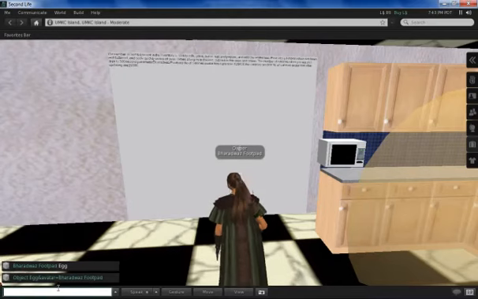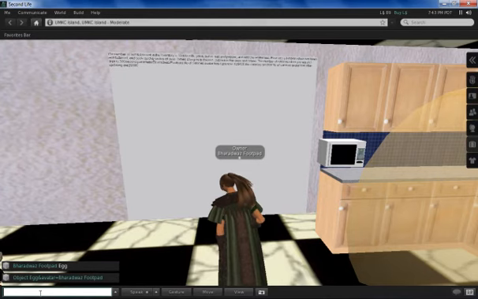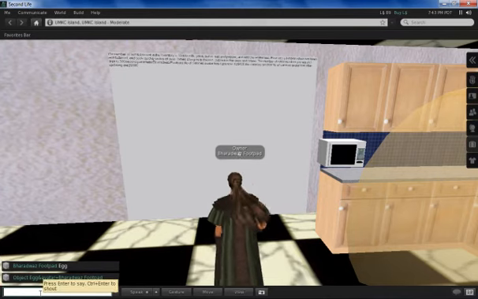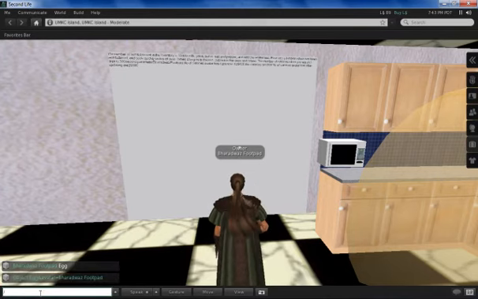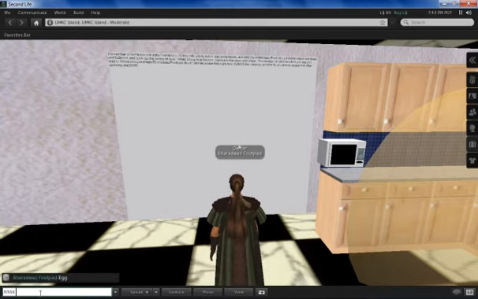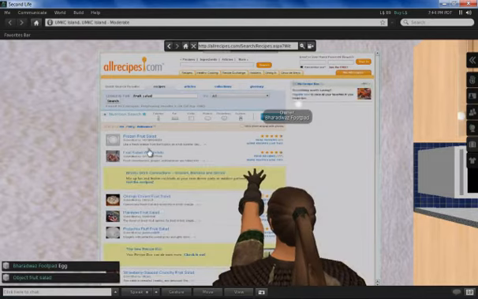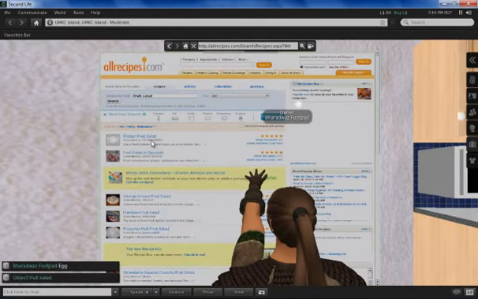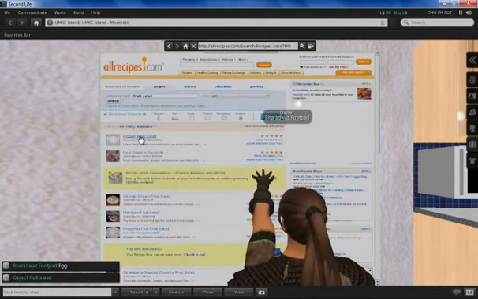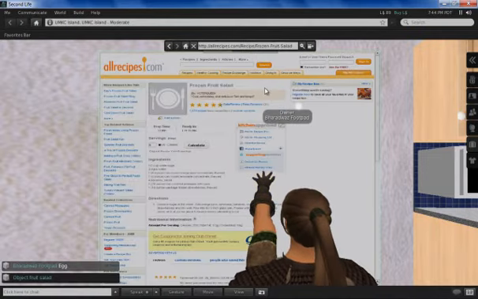We have also added one more feature to our project. Using this, the avatar can browse recipes online if we don't have that in our database. For example, if the avatar enters fruit salad, as you can see, the allrecipes website is invoked and any of the dishes can be selected and the recipe will be displayed.